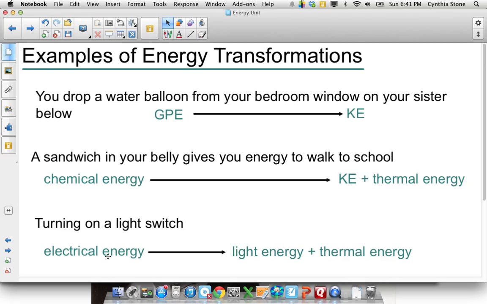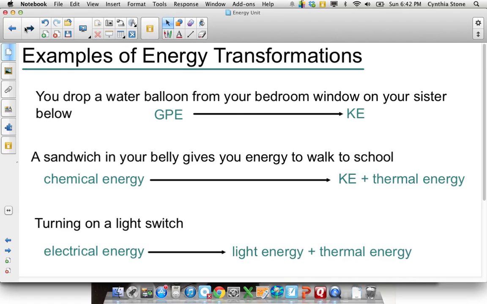So that's the thermal energy, and that would be the idea of the energy transformation. Turning on a light switch. In the electric circuit system, you've got electric potential energy, right? But that energy isn't doing anything for us until you close the switch, allowing the electrons to complete the circuit in the light bulb, creating light. Well, you've got light energy, obviously, and we talked about this earlier, that gives you thermal energy as well. So the energy transformation is electrical potential energy to light and thermal.